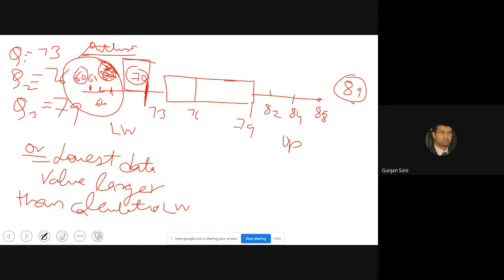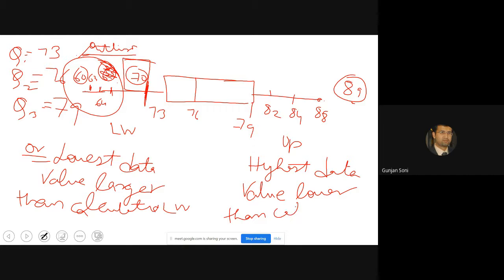So the rule would go somewhat like this. The upper whisker will be the highest data value lower than the calculated upper whisker value.